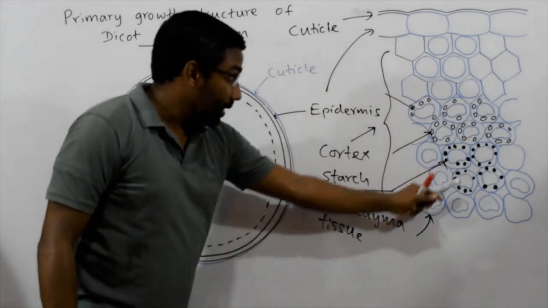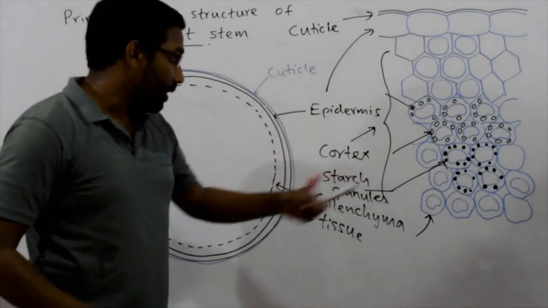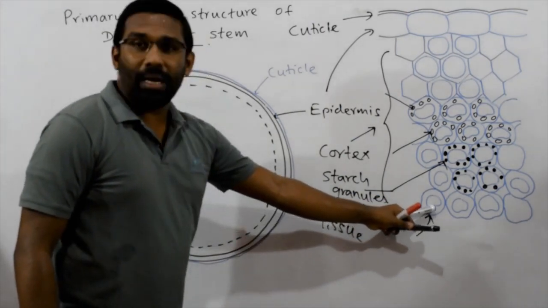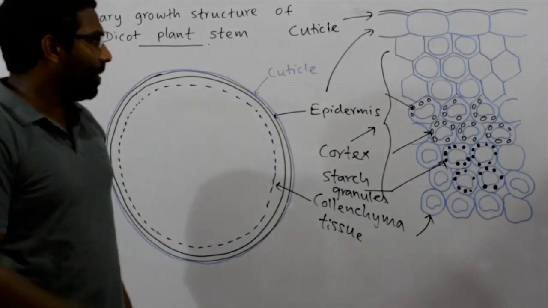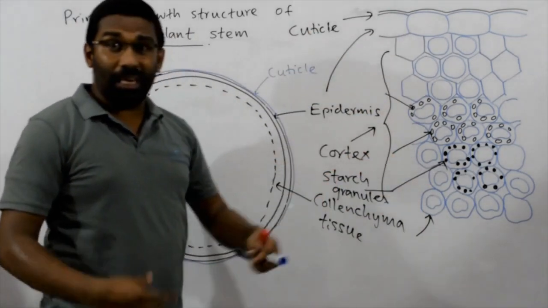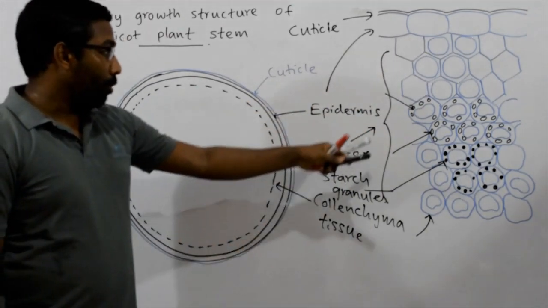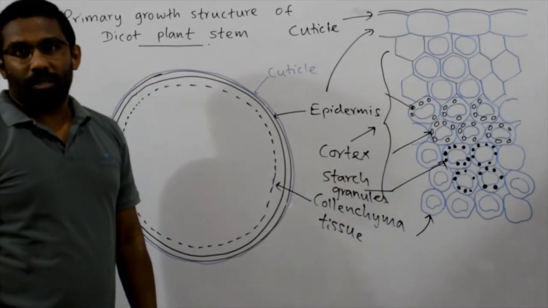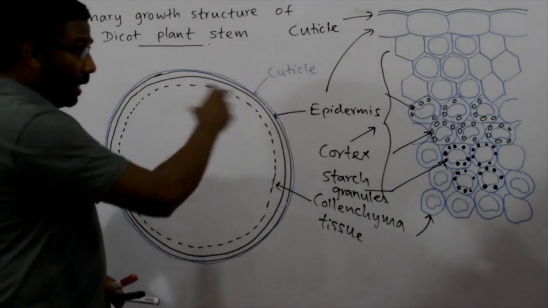The parenchyma cells in the starch sheath are involved in storage because they have starch granules. In addition, the typical parenchyma is also involved in storage of air and water. Then what are the functions of the cortex generally? It provides support due to the presence of collenchyma, and it is involved in photosynthesis. It also stores food, water and air. Those are the functions of the cortex.